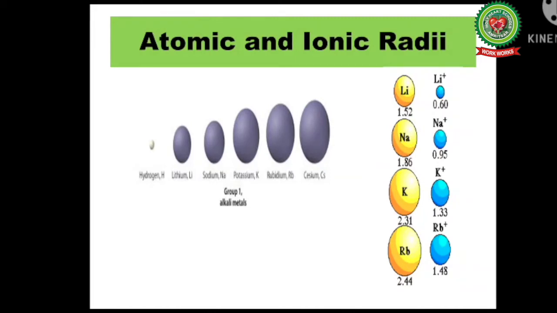Now, as far as the cation is concerned, see here, the radius of lithium is 1.52 and that of its cation is less. Same here, for sodium it is 1.86 and that of the cation formed from sodium is 0.95 only. So the radius of the cation is less as compared to that of the parent atom. Why? Because a cation is formed by the loss of electron, that we know. Now, in a cation, the positive charge on the nucleus will be acting on a lesser number of electrons as compared to the parent atom. So it means size will be less. So yes, the cation has smaller size than the parent atom.